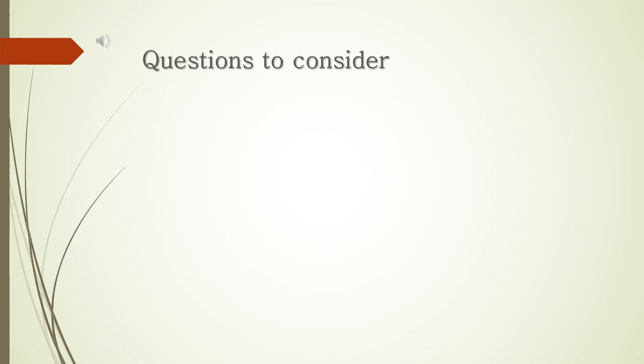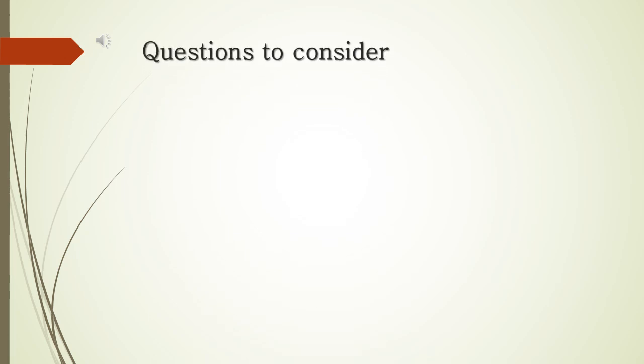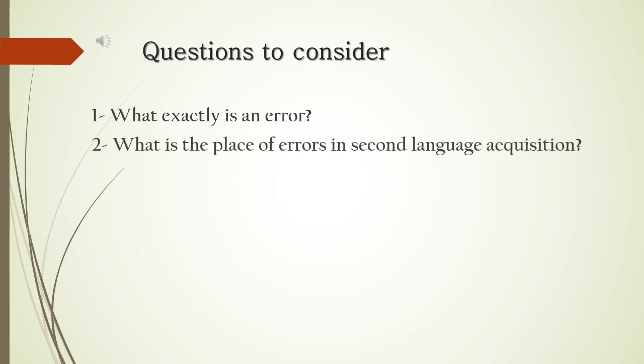The topic of my presentation is problems with the demarcation of learners' errors. The bottom line of the discussion is going to revolve around three main questions. The first, what exactly is an error? This is a discussion of the epistemological limitations that we have when it comes to the capturing of the exact nature of errors. Second, what is the place of errors in second language acquisition? Now, this question is a discussion of the importance of errors in second language acquisition, both as a process and as a field of inquiry. Third, which I believe is very implicational in nature, should teachers police learners' errors, and if so, how?